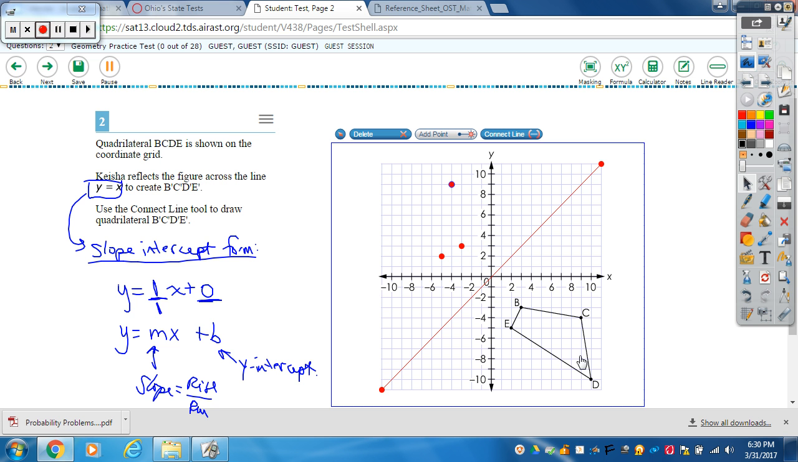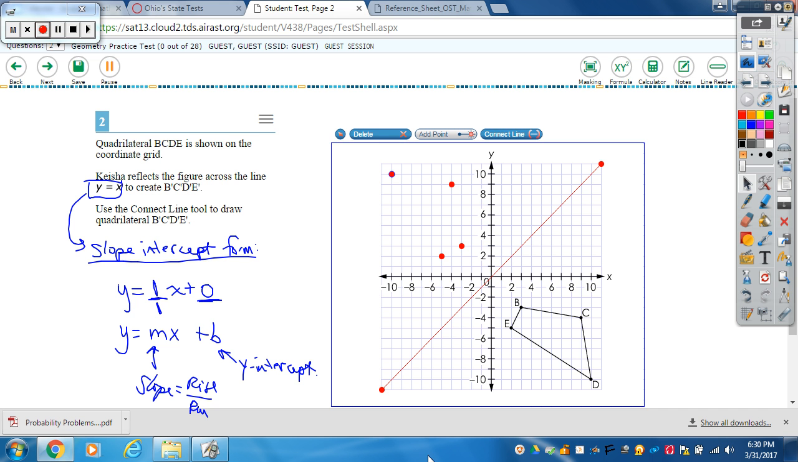1, 2, 3, 4, 5, 6, 7, 8, 9, 10, 11, 12, 13, 14, 15, 16, 17, 18, 19, 20. Whew. Again, 1 through 20. Bingo, told you. All right, so from there, use the connect line tool to draw the quadrilateral B prime,